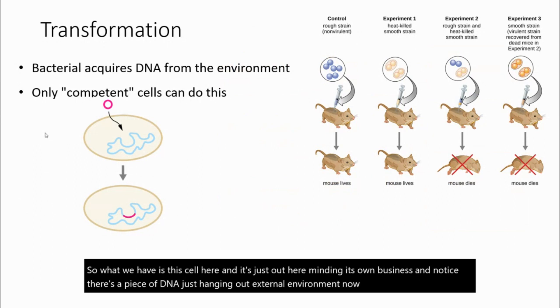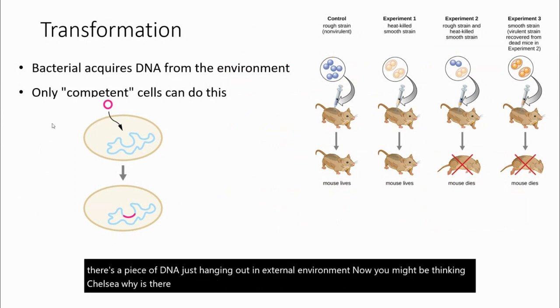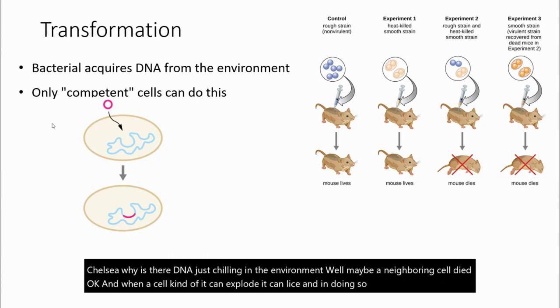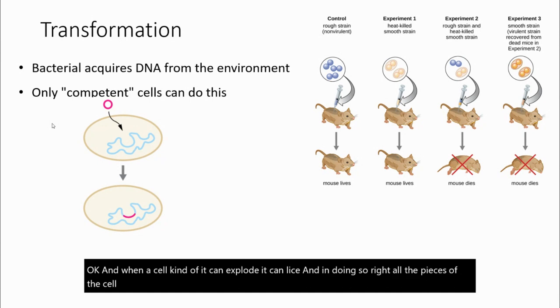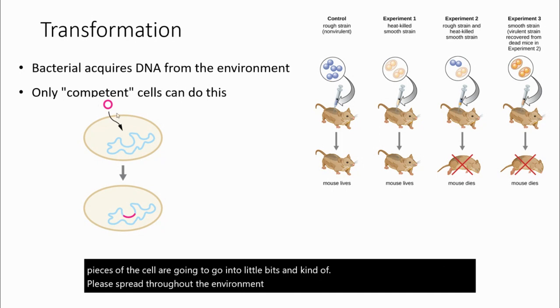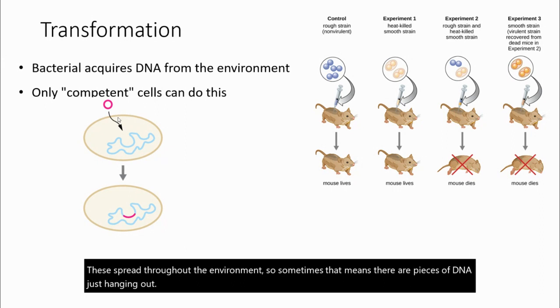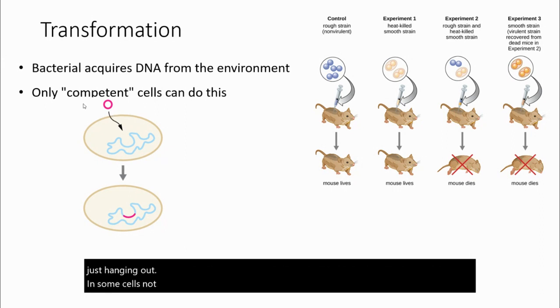Now you might be thinking, Chelsea, why is there DNA just chilling in the environment? Well, maybe a neighboring cell died, okay? And when a cell dies, it can explode, it can lyse. And in doing so, all the pieces of the cell are going to go into little bits and be spread throughout the environment. So sometimes that means there are pieces of DNA just hanging out. And some cells, not all, only cells that are called competent cells are able to just take that DNA in